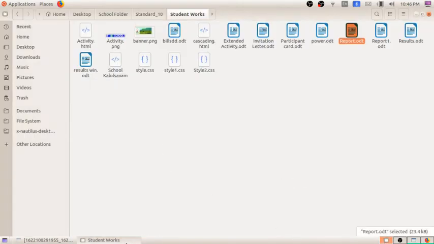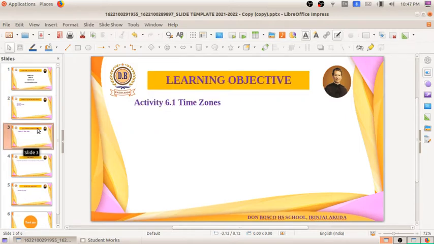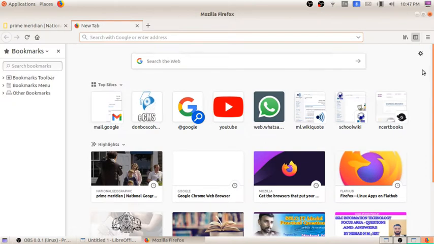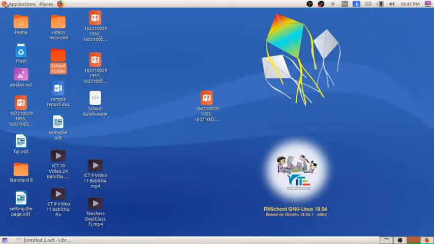I already explained what all things we have studied in the previous sections. So today we will be doing an activity, activity 6.1, regarding the time zones. Before that, I am going to open our textbook.